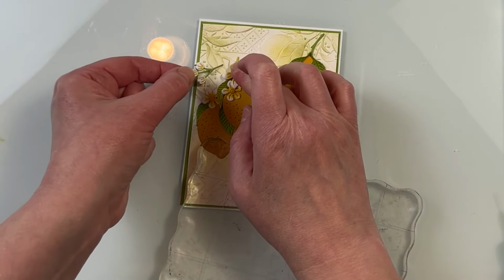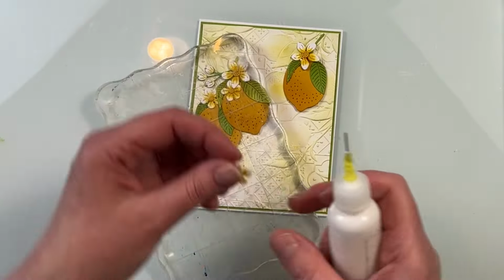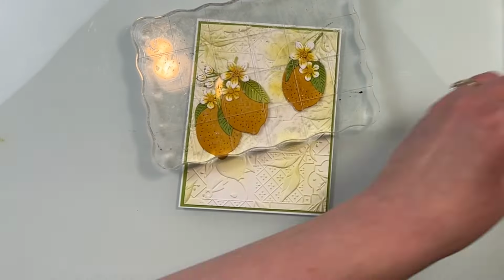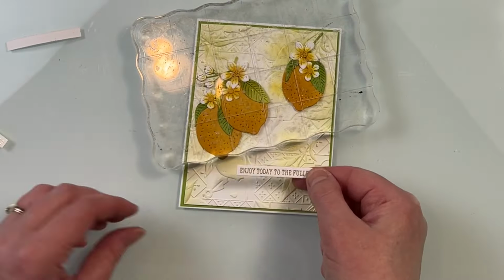You could obviously do more than this. You could also do more flowers or more lemons if you wanted to fill out your card a little bit more, but I didn't want to hide a lot of that embossed background. I love that it coordinates perfectly with those lemons, so I wanted to be able to see that as well